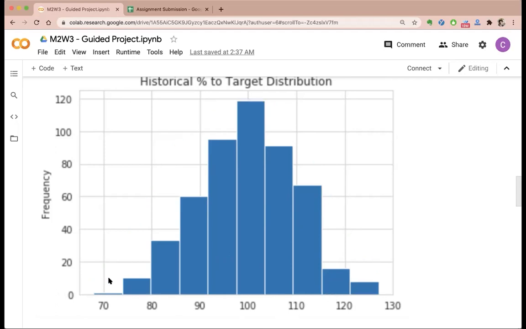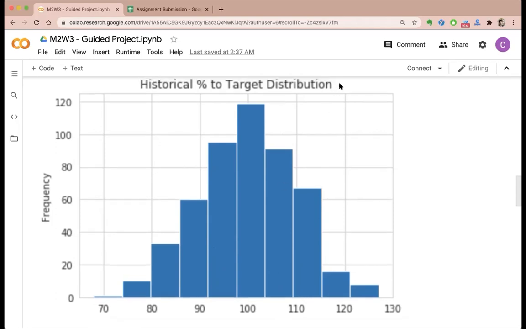Now some of you might say, okay, I have this histogram, where is the continuity? How can I say that this is a normal distribution? A normal distribution would be a single continuous line. This looks like a discrete distribution. We have plotted for some particular numbers, but this is where the concept of population and sample comes in. We are saying that this is not a normal distribution, but this resembles a normal distribution.